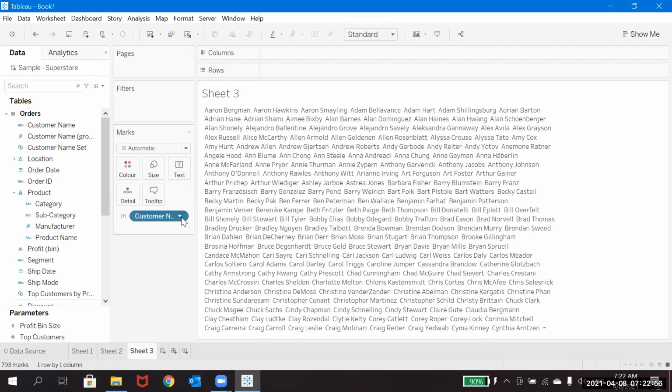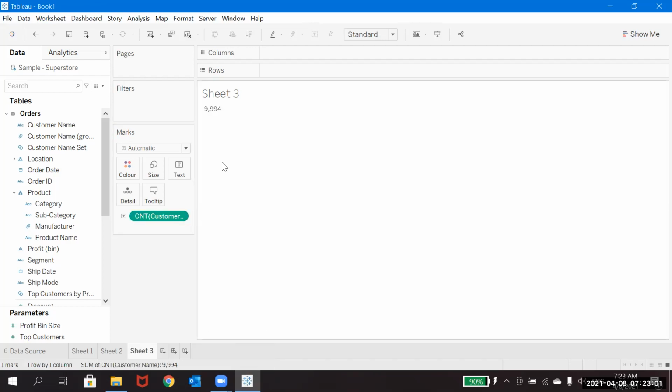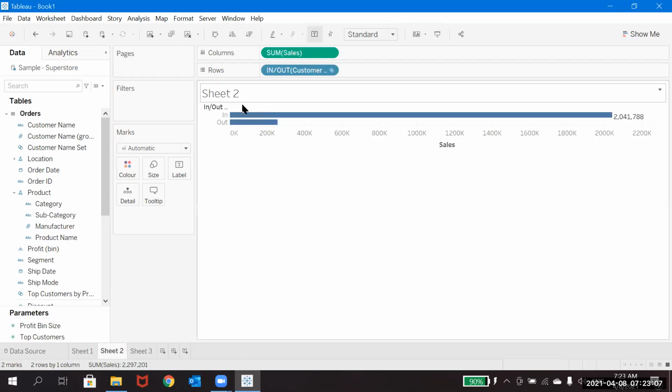Then we'll get to know out of how many customers we are getting this much value. It is just 9994. Only with 500 customers you are getting almost this value, 20 lakhs and something, and it's more than 80% with the 500 customers itself.